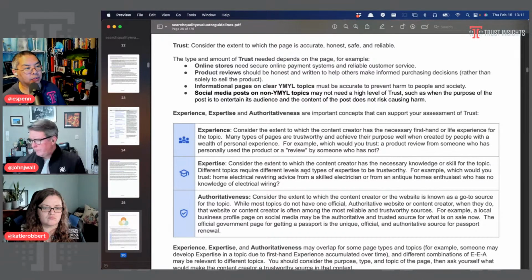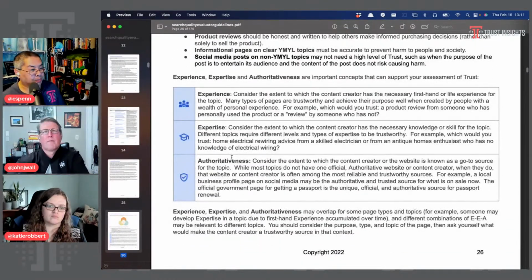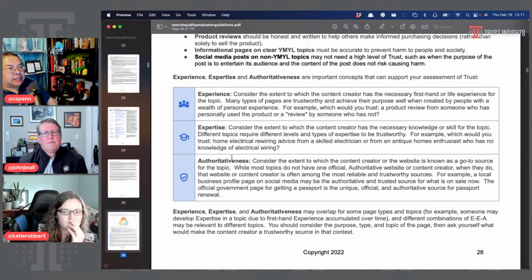In this most recent version, Google has kind of rearranged things. So they say experience, considering how much the content creator's personal or first-hand experience informs the content, how much credentialed experience they bring to the topic, and how authoritative it is in terms of, is it a reliable